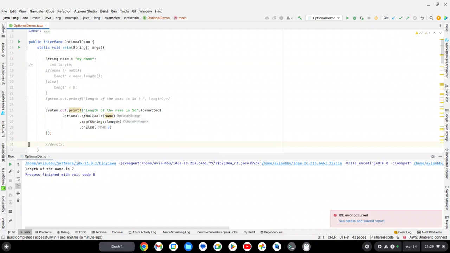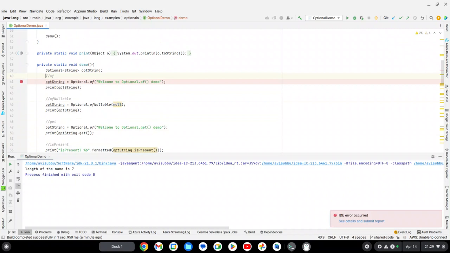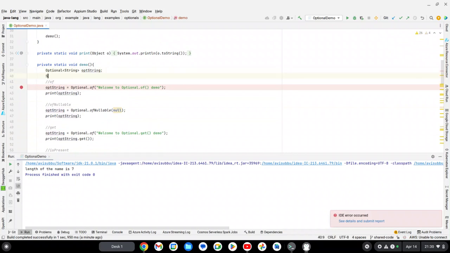Now let us see what are the various methods that we could use in here. The first one is Optional.of. This Optional.of is a method where it will check whether the string that is mentioned here is null or not. If it is a non-null string, then it will just go ahead and display it. And if it is a null string,